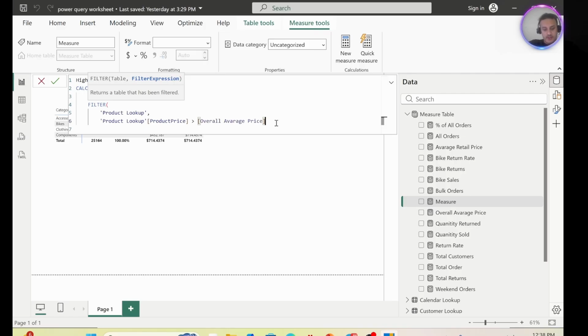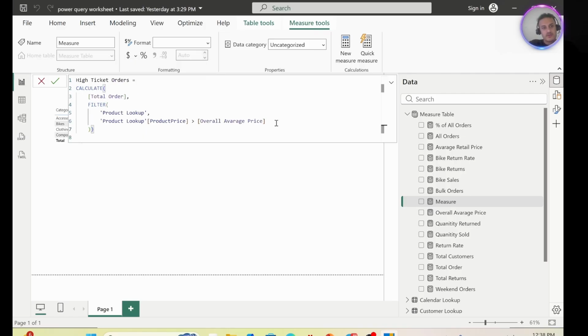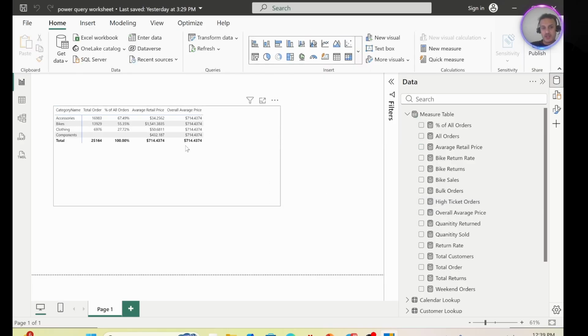So now if I close it and click enter, what I really did in here is evaluate the total orders, and instead of using the all function, we use the filter function for more complex filter expressions. We filter our data first. We put the table product lookup, the table that we need to evaluate, and then the filter expression. So we need the product lookup product price that is bigger than the overall average price, bigger than